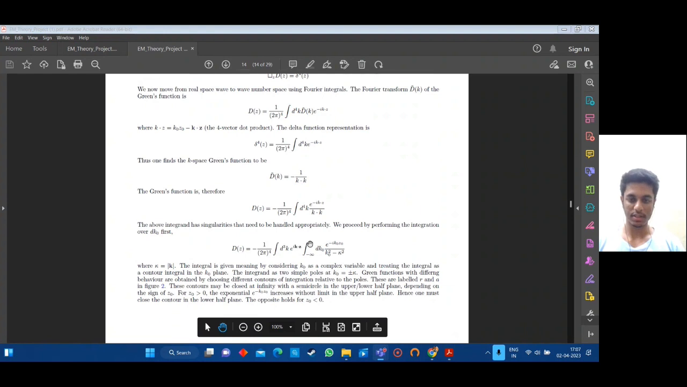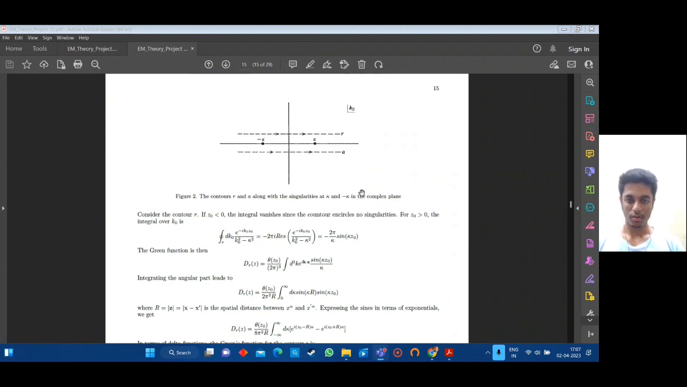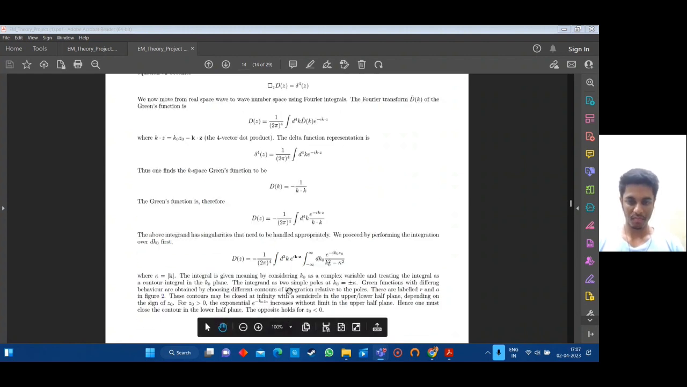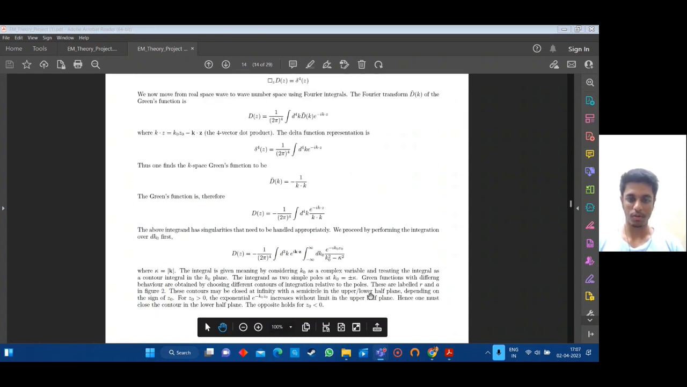So when a situation is like this, we usually consider k naught as a complex variable and integrate over a contour in the complex plane. So now consider the complex plane defined by k naught and consider two line segments R and A. And here are the singularities kappa and minus kappa. So when we consider the integral, suppose we take the line segment R. Now there are two possible choices of contours. We can close the line segment R in the upper half plane or the lower half plane, depending on the